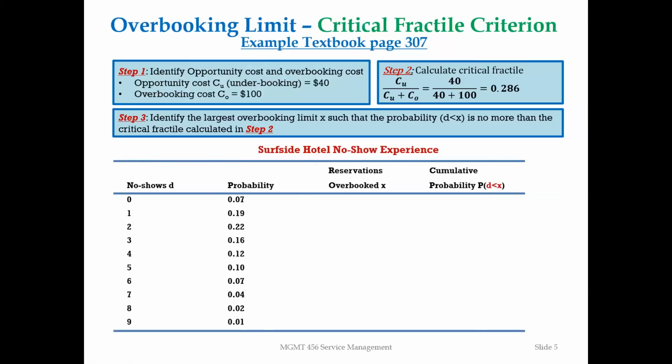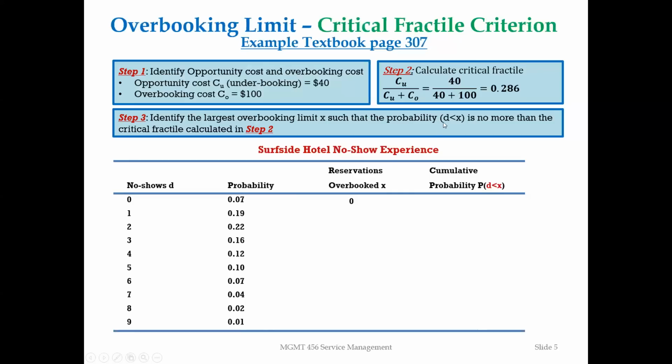So how to do it? We try to determine the optimal overbooking limits. Again, we're going to start with the lowest possible overbooking limit. The lowest possible overbooking limit is 0, so X can be 0. We'll try the first one, 0. So if you overbook by 0,